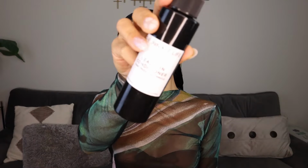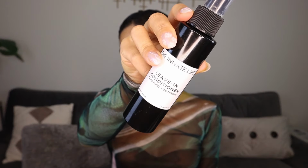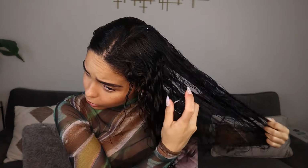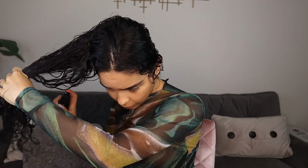And next I'm going in with my leave-in conditioner. Yeah, let me just try to hide my little pinky that already fell off. I swear this leave-in conditioner smells like Fruity Pebbles. It smells so good. And then I'm just running my brush through my hair just to make sure I spread the product out evenly